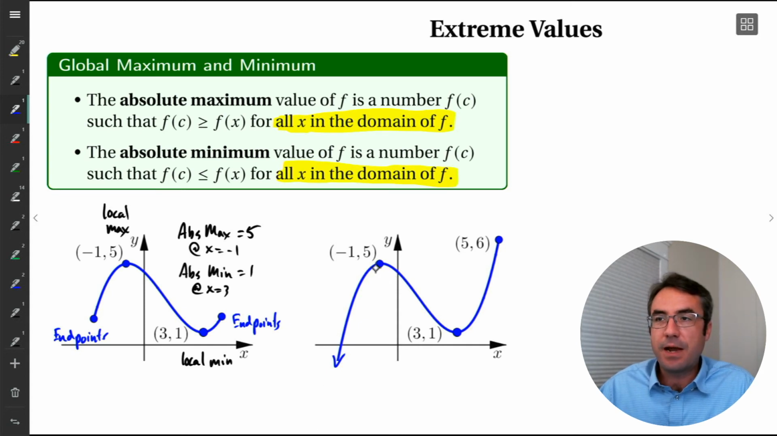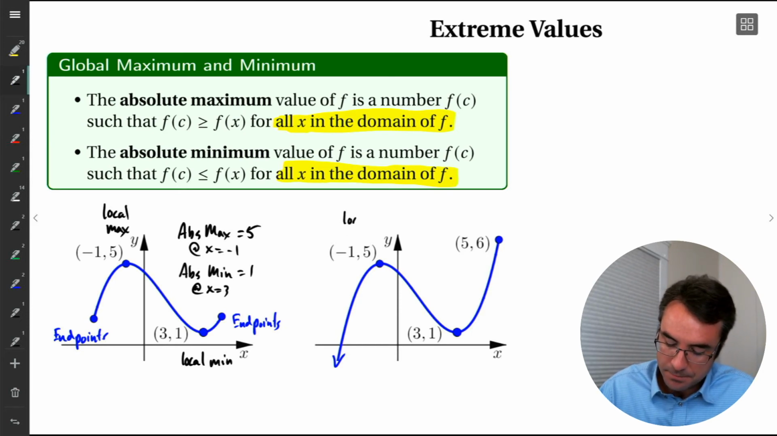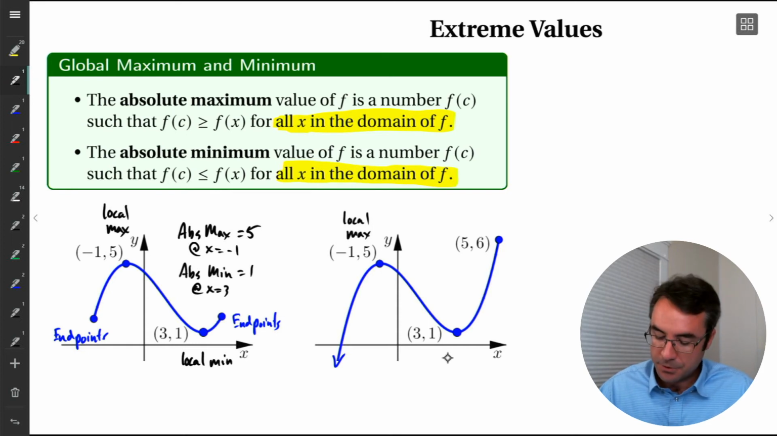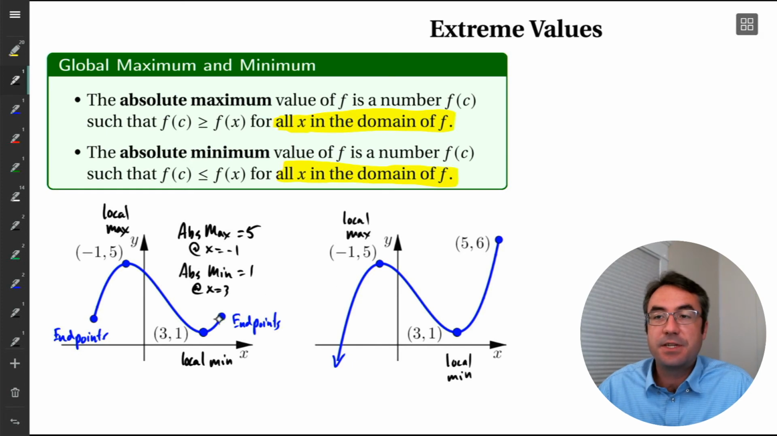So this graph still has a local max right here. There's a high point right here. There's still a low point over here. But now the absolute max and the absolute min have changed because we've extended this right side further up. And so the absolute max here is